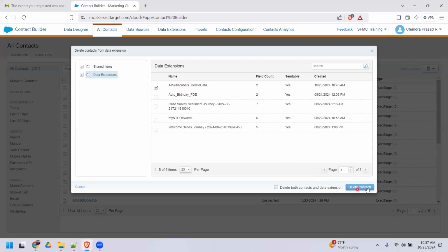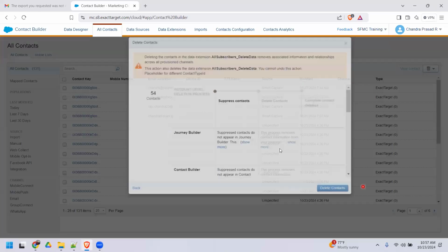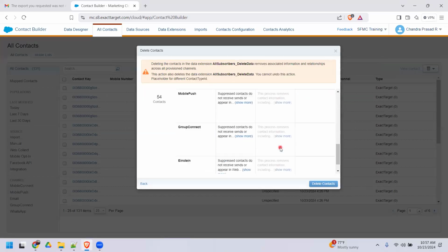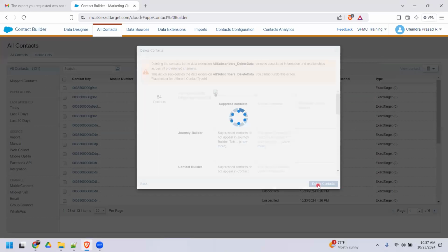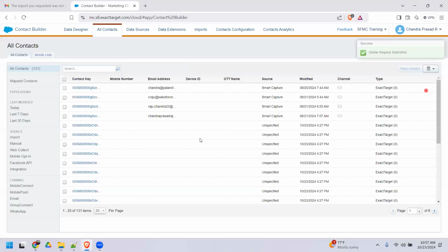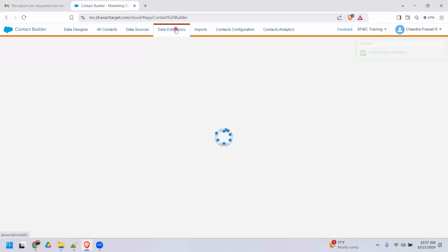And now you have two options: delete the contact, or delete both contacts and data. I don't need the data extension also, so I'll select this, and I'll click the Delete button. And you can read this when you get a chance. So I'll click on Delete Contacts. Now expected is it should remove the data extension,